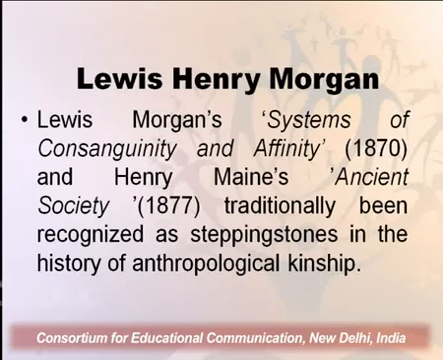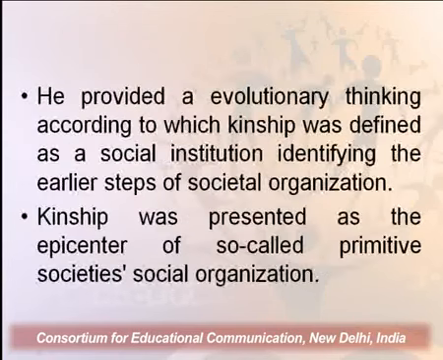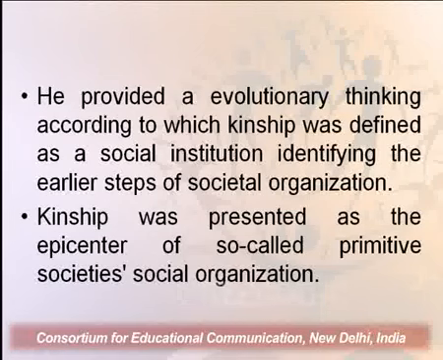That is, these are the first studies which throw light on how we are going to understand kinship as the principle of organizing society. So Morgan provided an evolutionary thinking. Evolutionary thinking was critical at that point in British anthropology, whereby society was seen as evolving from a simple society to a complex society, and kinship was a demarcator between a simple society and a complex